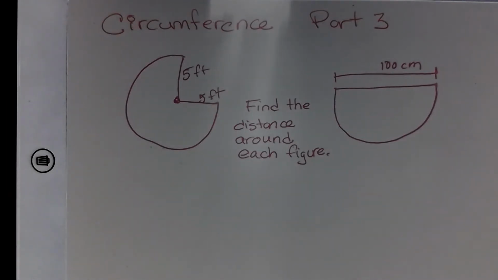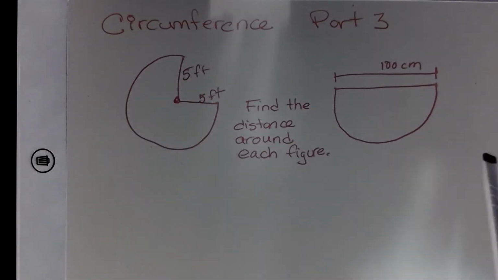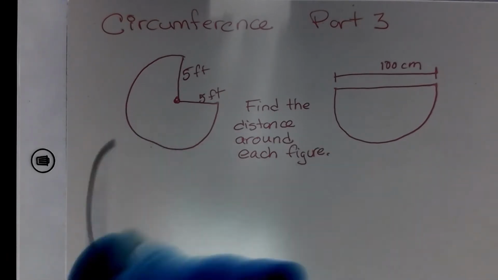Okay, we have two different scenarios here. This is circumference part 3. The question says, find the distance around each figure. Well, you notice that, do we have a complete circle here? Do we have a complete circle here? No, we don't. However, we need to do two different math operations here in order for us to get the